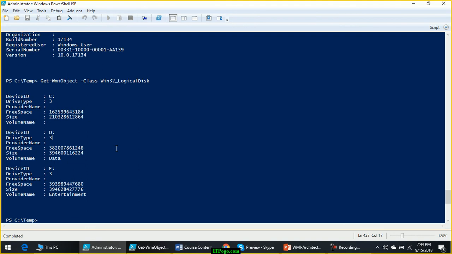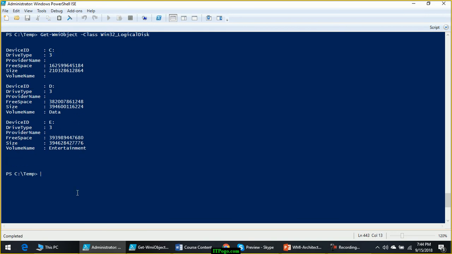If I connect a pen drive, it will show the drive type as something else. I don't think there is a pen drive around me. I have to search for it. Okay, leave it. You can try this. When you connect a pen drive or if you have a CD-ROM drive on your computer, it will show the drive type as something else.